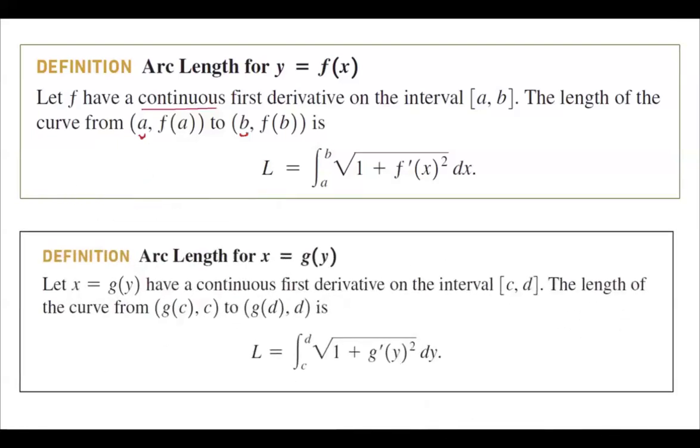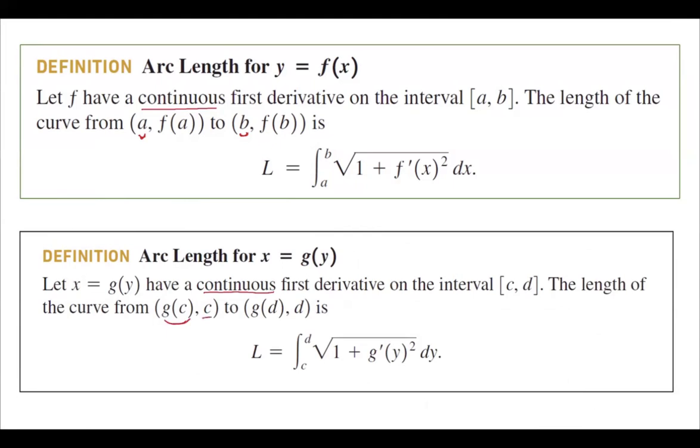Sometimes you have to isolate x. Sometimes you have to write x in terms of y. In that case, if x is equal to g of y and it has a continuous first derivative on the closed interval c to d, then the length of the curve from the initial point